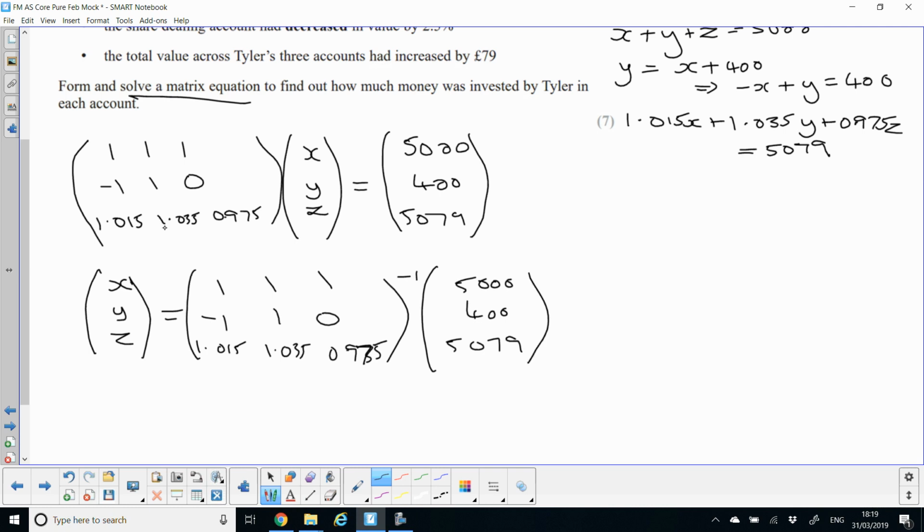Now it has to be in this order, so if I call this matrix M, then I've got M times x, y, z equals the answer that we want it to be equal to. And what I'm actually doing is, remember with matrix multiplication, the order matters, so I'm pre-multiplying both sides by the inverse. You can use your calculator now to find the inverse, because they're not testing